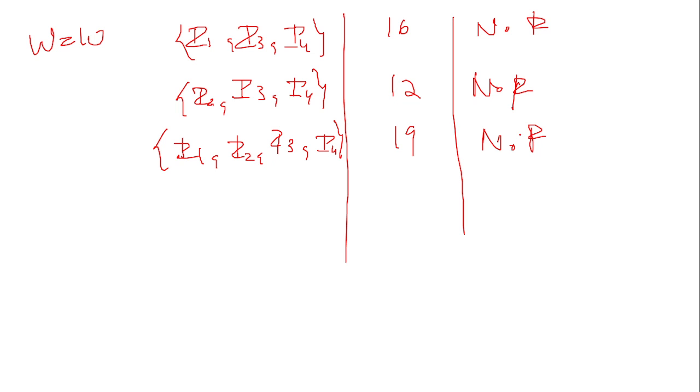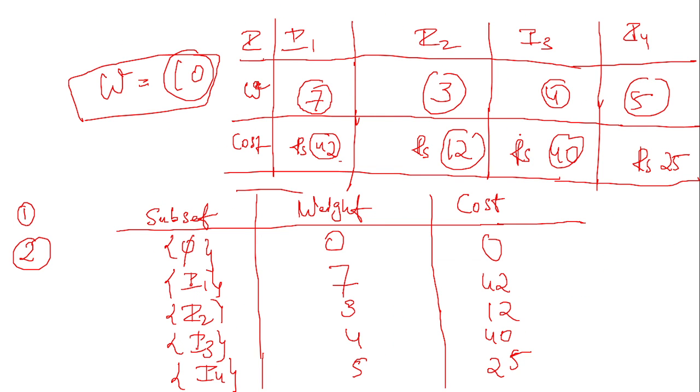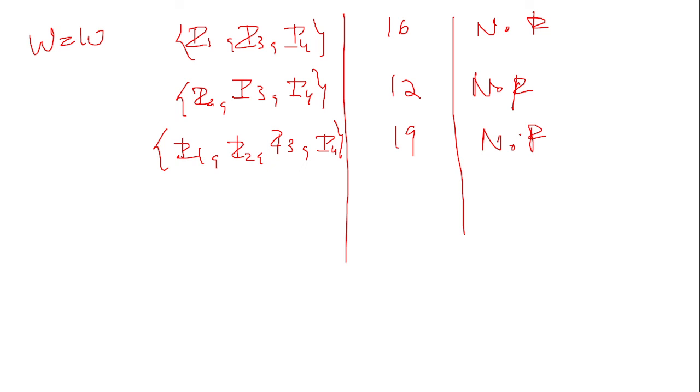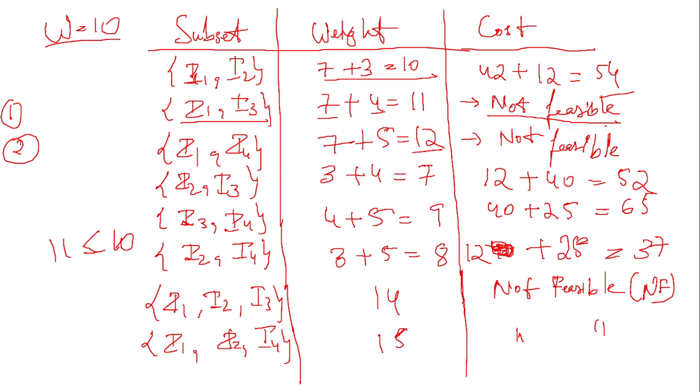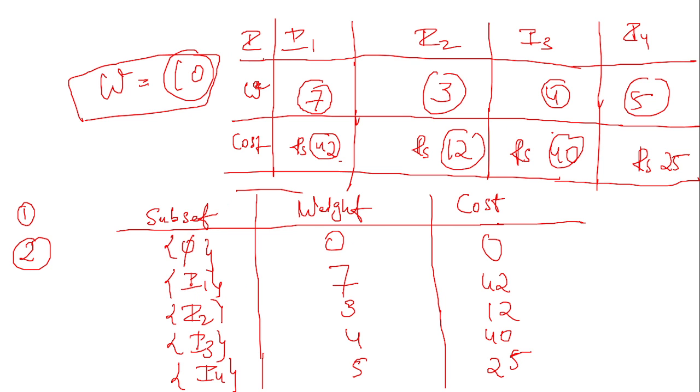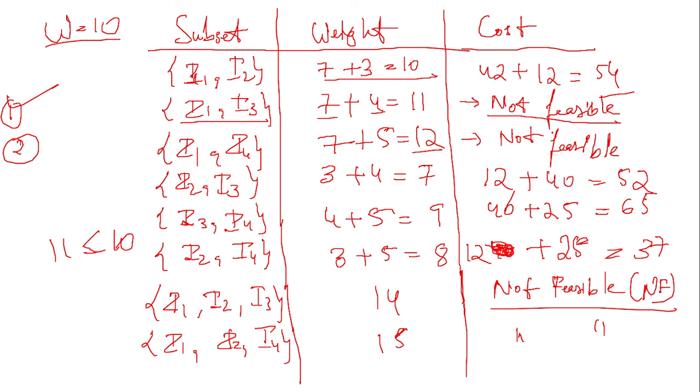As you can see, I have generated all the subsets. Now from all these sets of items, you can see there are some combinations which are not feasible, and there are some combinations which will work. Since the first step for every combination is done, now your second and final step is, from all these sets which are feasible, for which you have calculated the cost,